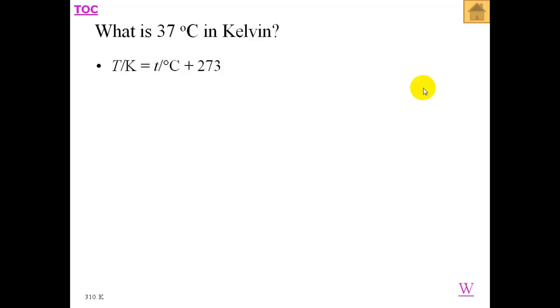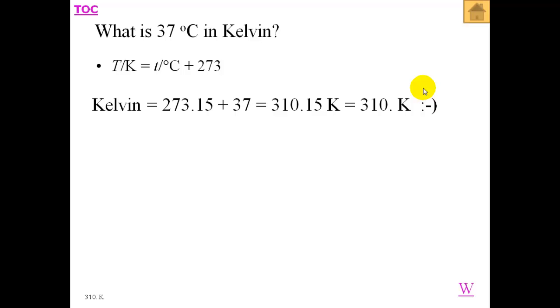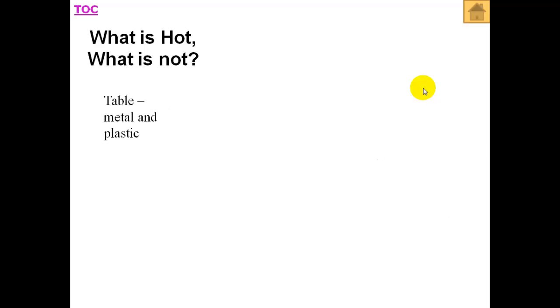What is 37 degrees in Kelvin? Well, it's going to be 37 plus 273, which will be 310 Kelvin. Now we have to understand what is the difference between a hot object and a cool object. It's not just to do with the temperature. Let's say in the room where you are now, you have a table